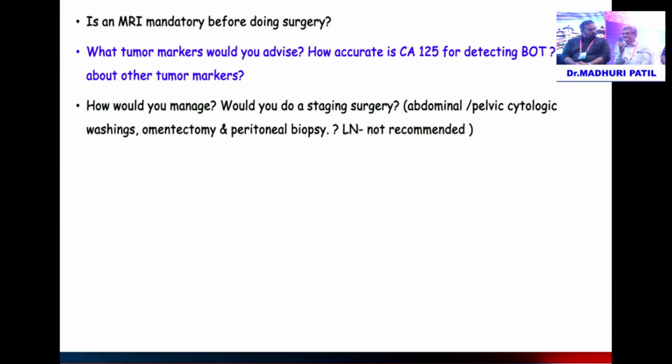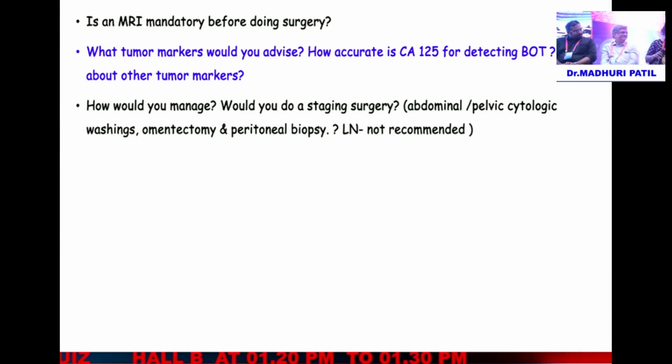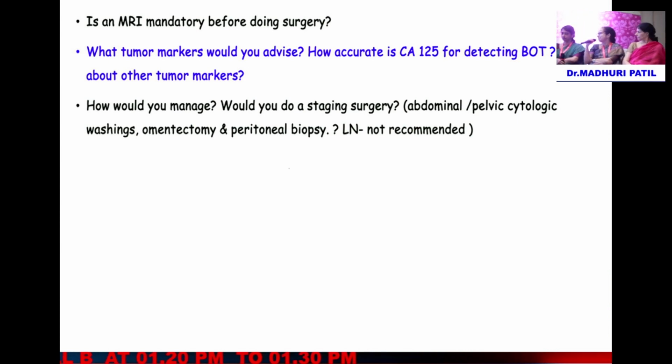Do you do an MRI in all patients with an ovarian cyst? Once they reach an onco center, we go for MRI or CT, whatever. But before that, it's actually not needed. An MRI is not going to add much to an ultrasound showing a solid area. If there is a solid area, and you were telling us it's a clear cyst,